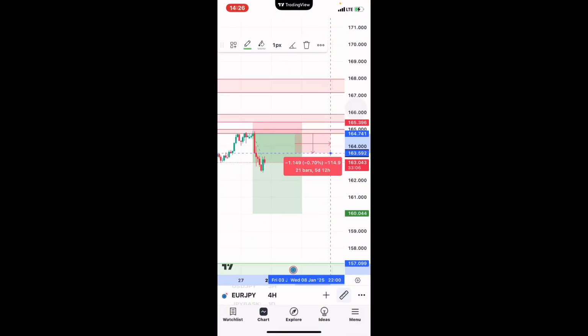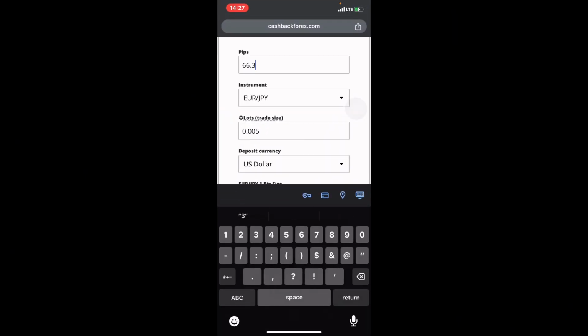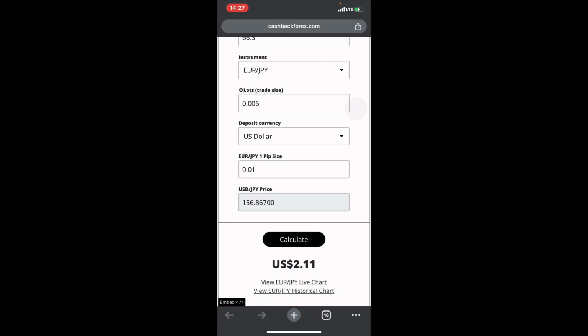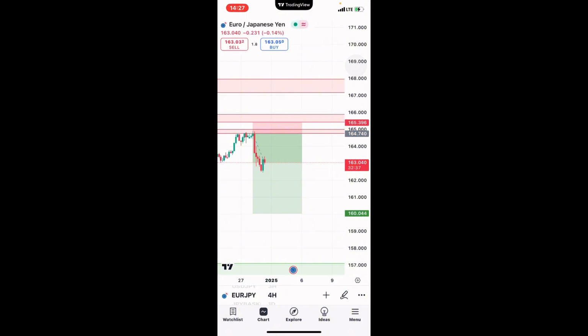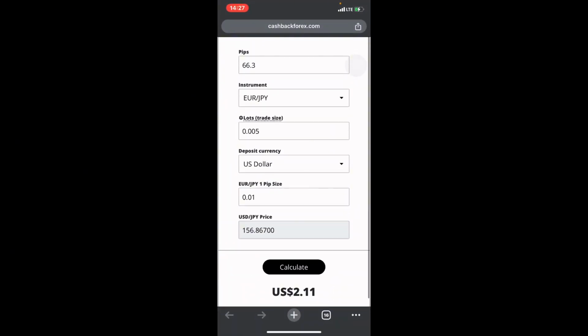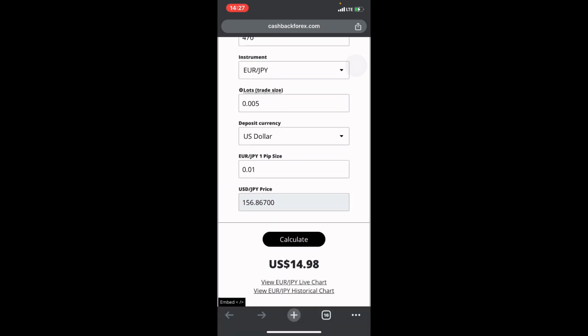So now, what will I be losing? As you can see, the stop loss there is 66.3. That's my $10 account, 66.3. As you can see, calculate, I'll be losing $2. So if this trade automatically hits stop loss, I will know that it's minus $2 already. That's for one position. So if I open three positions, that's minus $6, so I'll be left with just $4 equity balance. But if the trade eventually hits full TP, that is 470, I'll be making 14 times 3 because I open 3 positions, or let's say I open 2 positions.